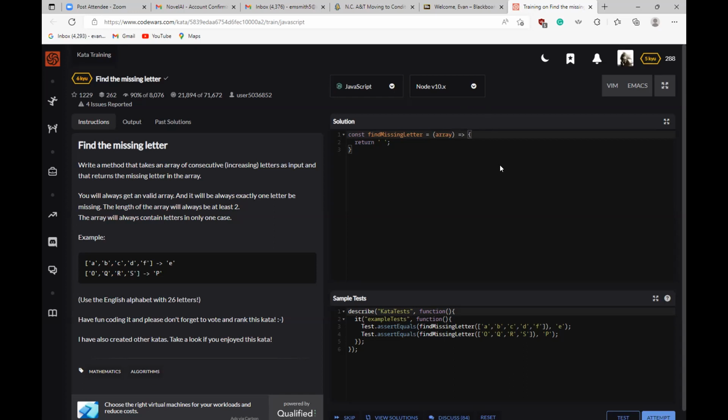So first up, what we'll want to do is to establish an array,